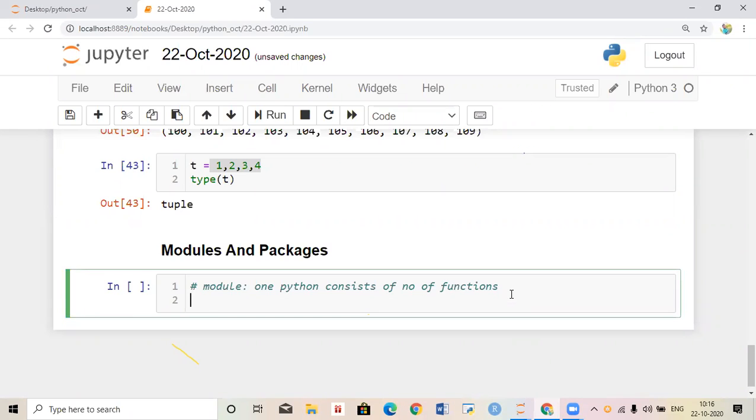Next we go into package. Package is nothing but a number of Python files in a single folder.